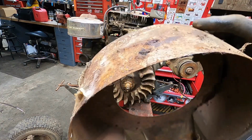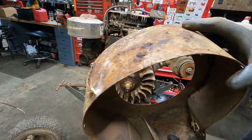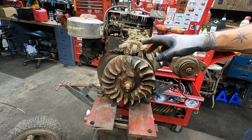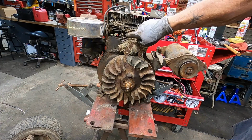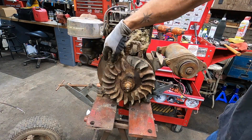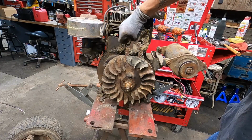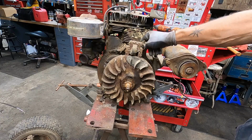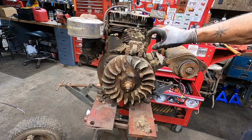If we look at the bottom, it's got a little bit of surface rust on it, but it's not all blown out, so we're still going to have our cooling ability. But see how that packs everything in there like that? That makes your life kind of miserable if you don't know it's in there. And this thing still ran, it's still sparking. So I am not going to interrupt